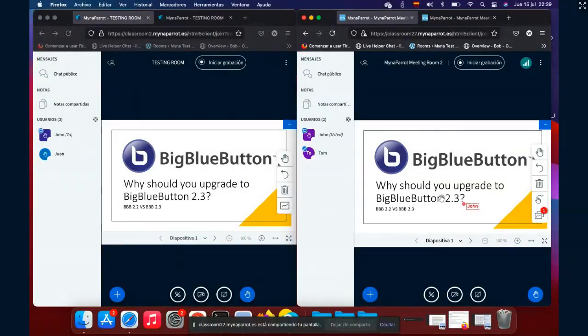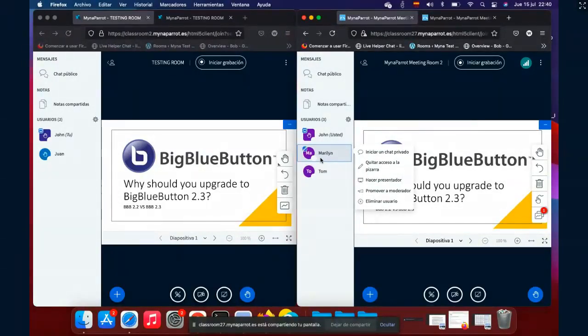But now you can give the whiteboard specifically to one user, and take it back. Now Tom cannot write, and I can give it again, because I want to show you how it works.